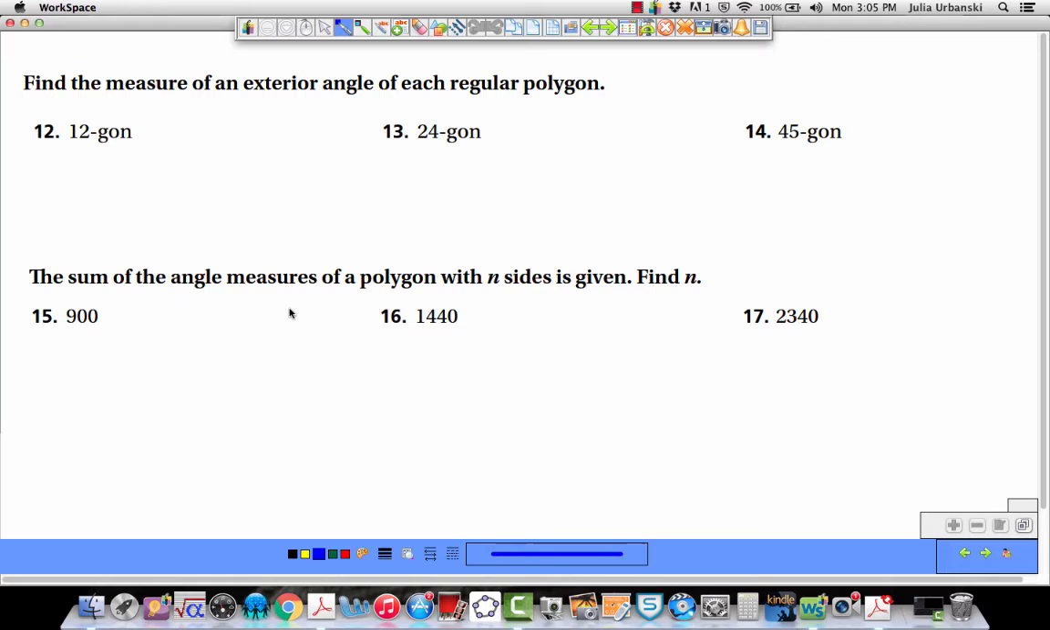And for these, again, the rule is the same. It's just a matter of thinking them through. Find the measure of each exterior angle. The rule changes when it's exterior. Before I tell you, think about what's the rule for exterior angles. The total sum